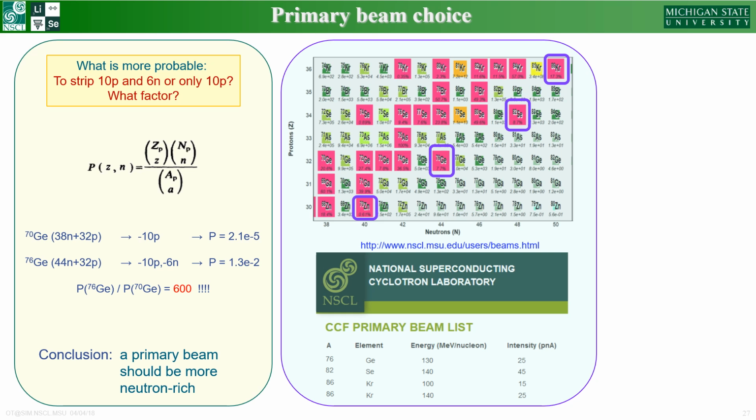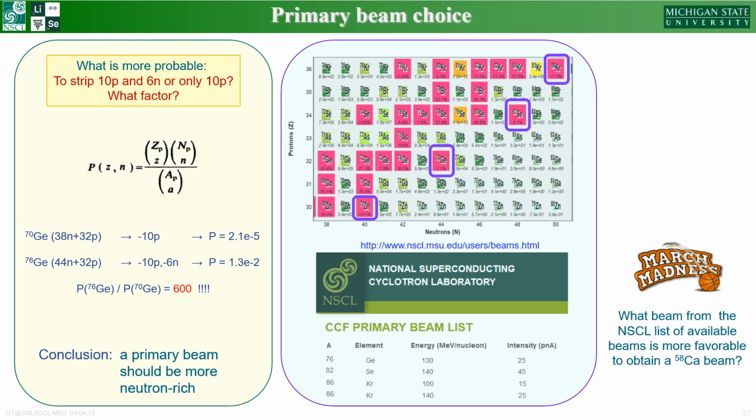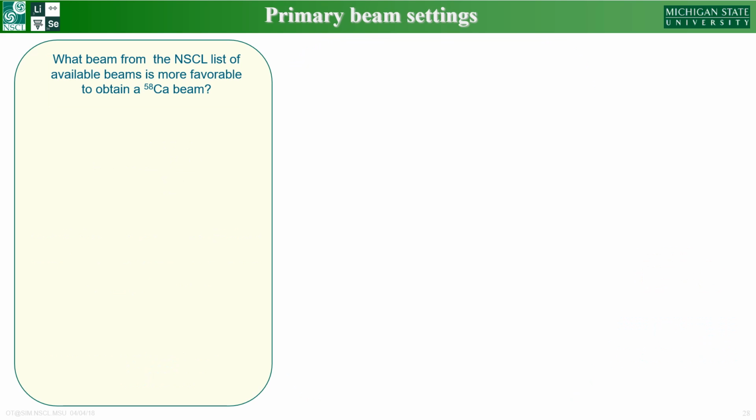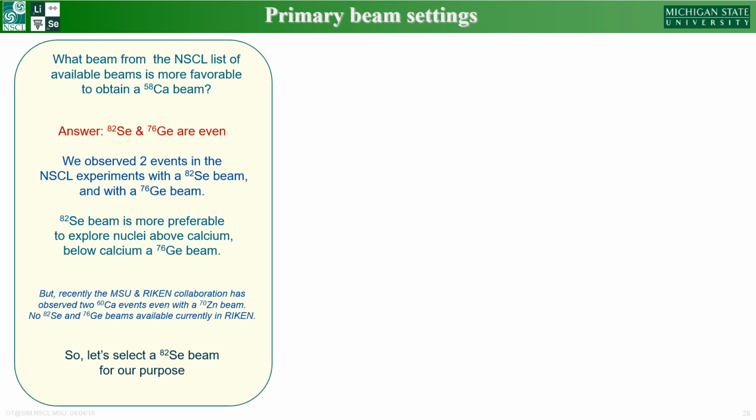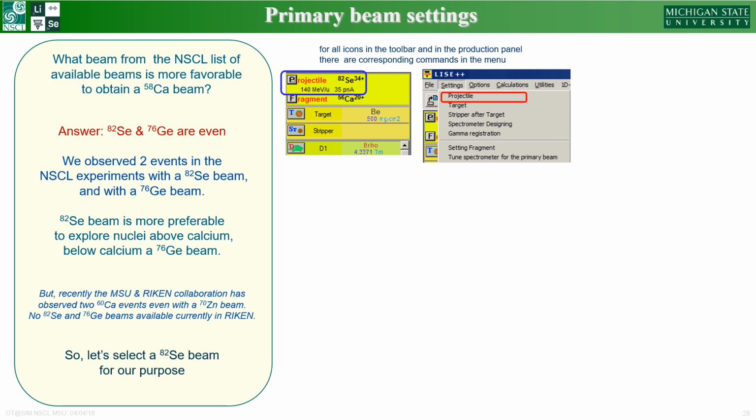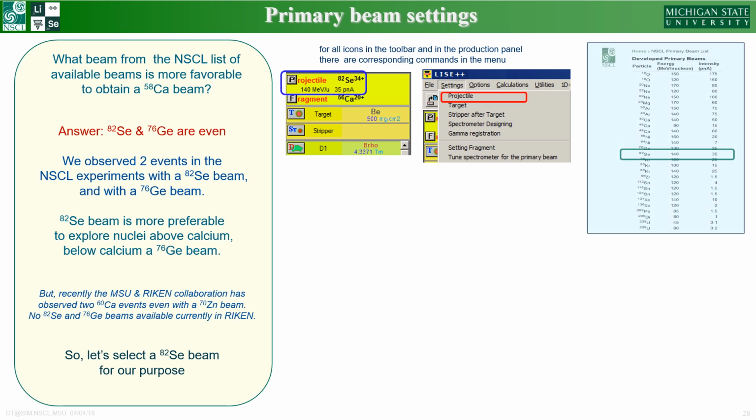The primary beam list can be found on the laboratory's specified page. What beam from the NSCL list of available beams is more favorable to obtain a 58 calcium beam? The answer is that 82 selenium and 76 germanium are even. We observed two events in the NSCL experiments with an 82 selenium beam and with a 76 germanium beam. So, let's select an 82 selenium beam for our purpose and enter the corresponding primary beam information into the LISE